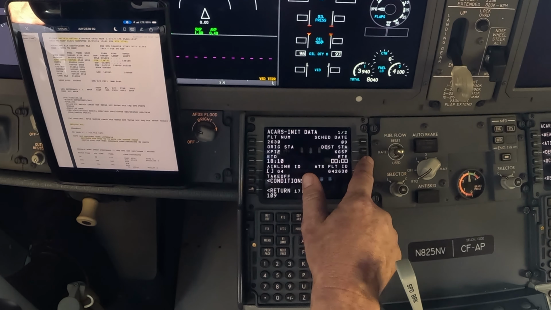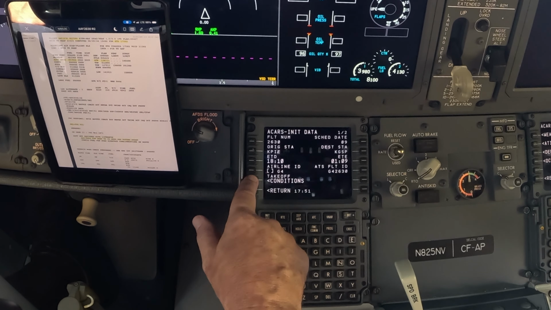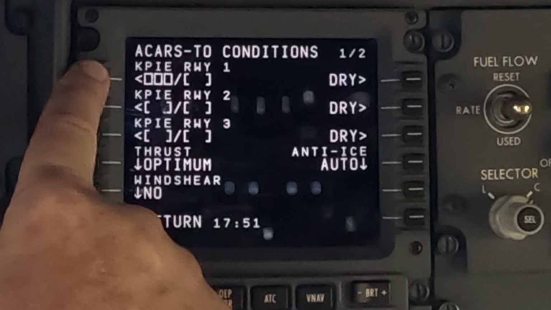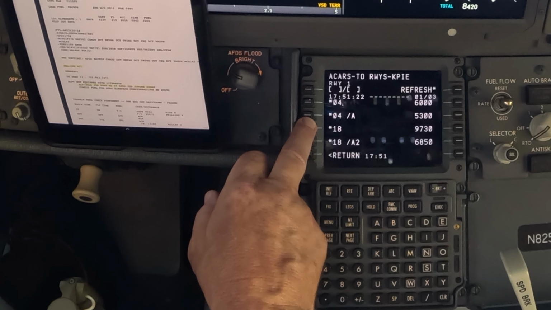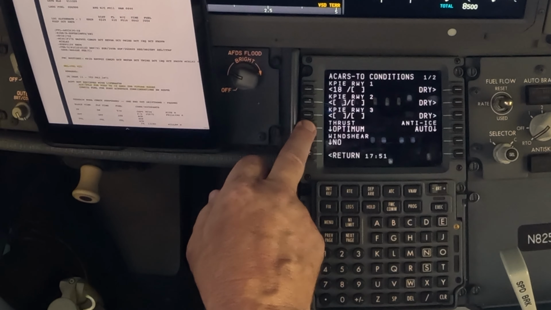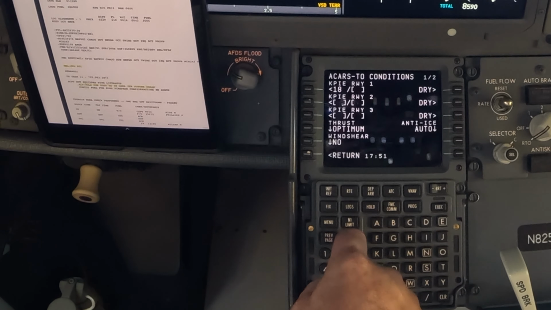You'll see it says VHF in progress. That just means it's requesting what the available runways are at the airport. You can type in the runway, but if you just wait for that, it gives you the runways that are available. I select runway 18. Hit load sheet. I put in my employee number and my PIN number. Then I'm going to put in